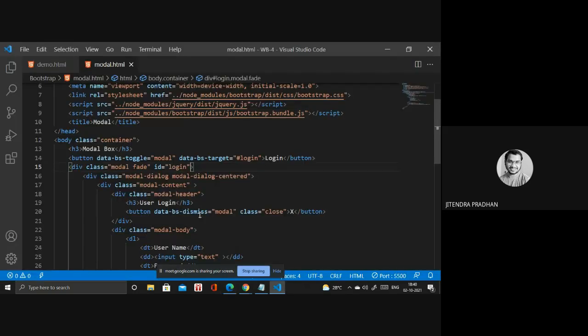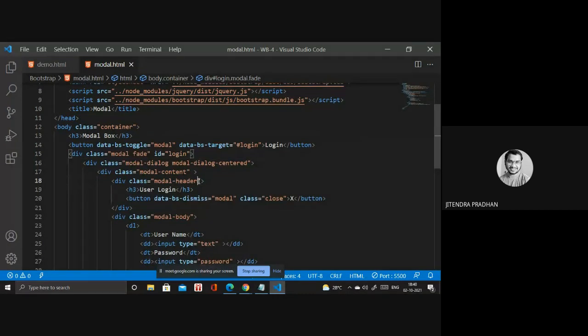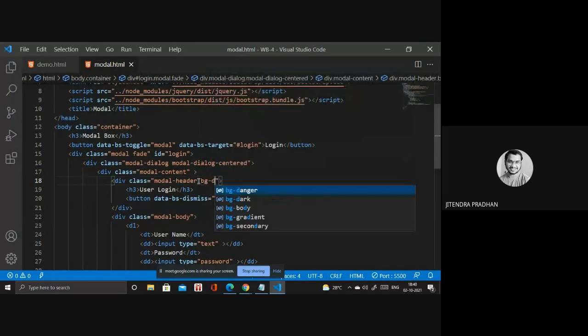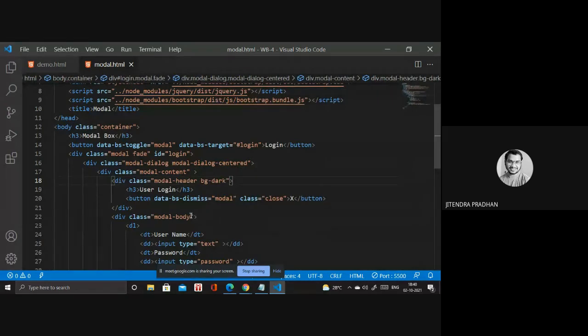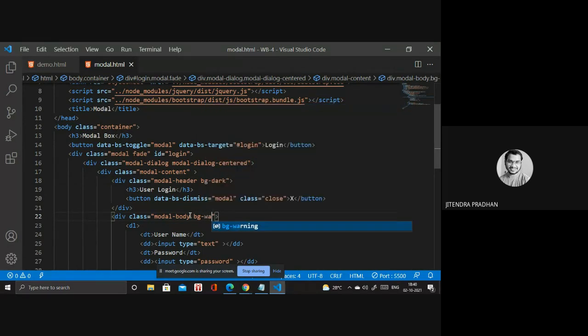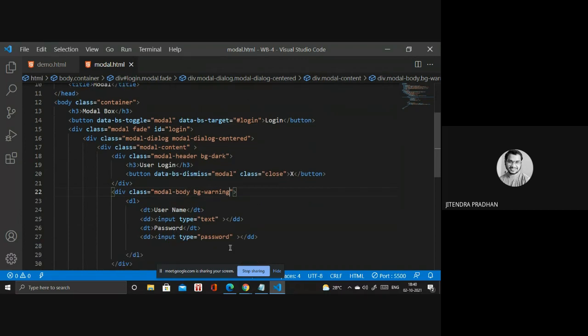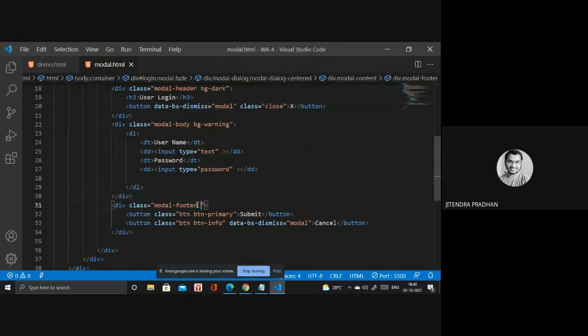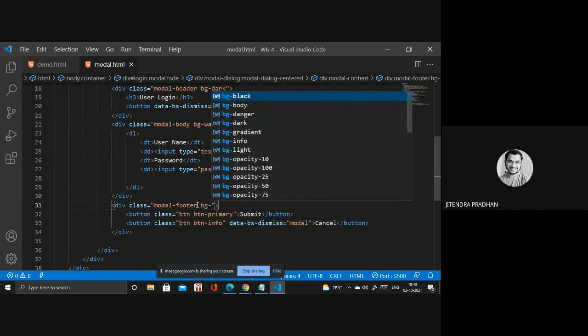Not an issue. If I give something inside the header part, if I write bg-dark, and in the body I will give something bg. We have light, we have danger, and we have warning as well. And if you want to design something in the footer as well, like bg-light.